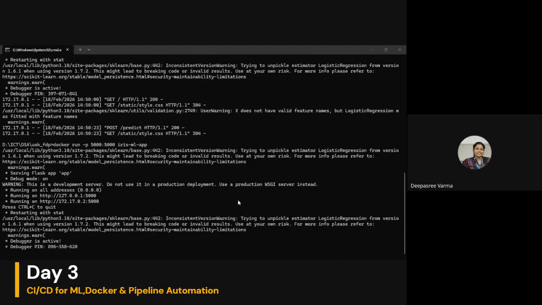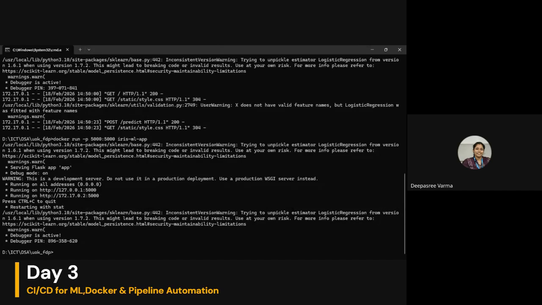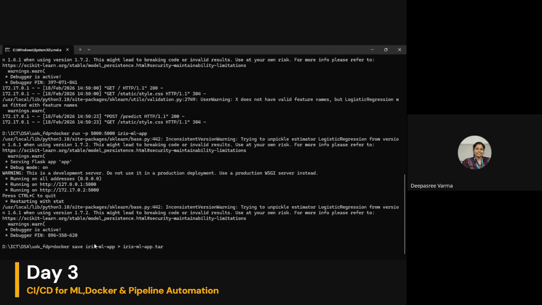If you want to store this, say zip it and store it, you can just try this. I'm stopping this, and then Docker save Iris ML app 2, saving it to a tar file.